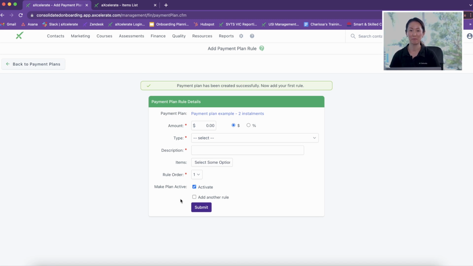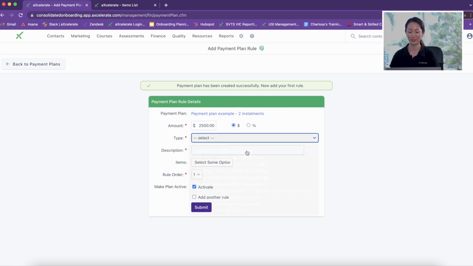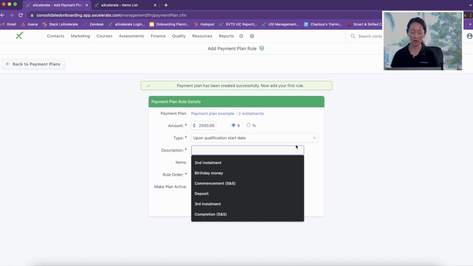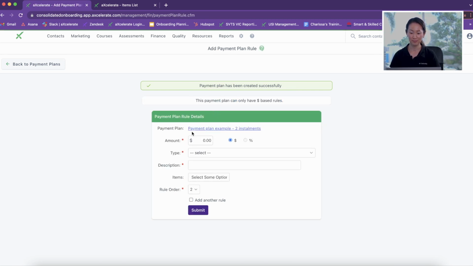Now let's go ahead and build this payment plan out. In this example, my first installment is going to be $2,500 that's due upon the qualification start date. I will set the description as first installment. Because this is a 2 installment payment plan, it is important to add another rule so that I can build out the second installment. Simply hit submit, and this takes me to the next page where I can create the